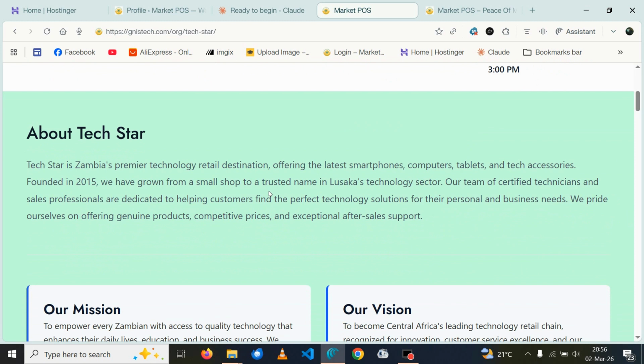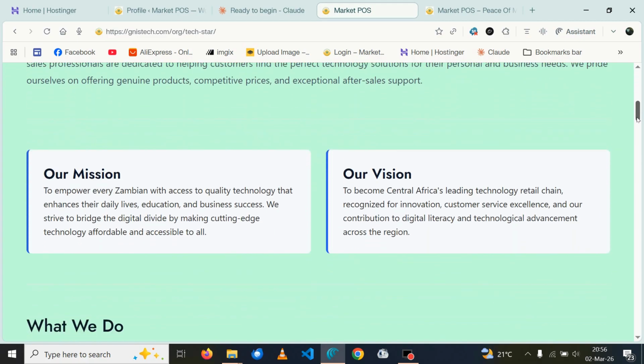Then down here, about us, this explains about you. Who are you as a company? When you were founded, all that kind of stuff is explained here. Then down here, you have your mission. Your mission statement is here. So people get to know what you stand for,